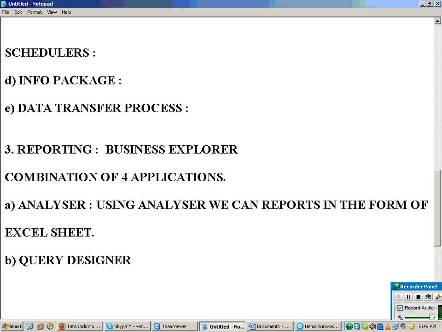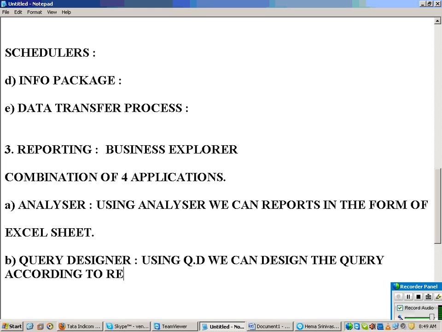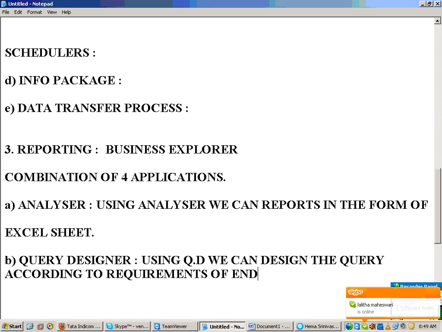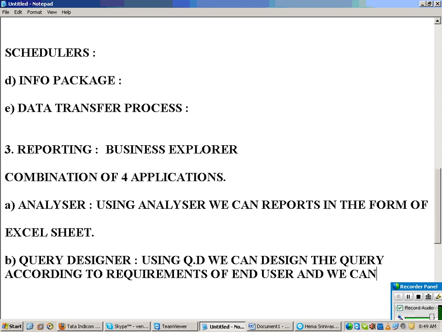So using Query Designer, we can design the query according to the requirements of the end user. We can design the query according to the requirements of what? End user, and we can execute the query in the browser.